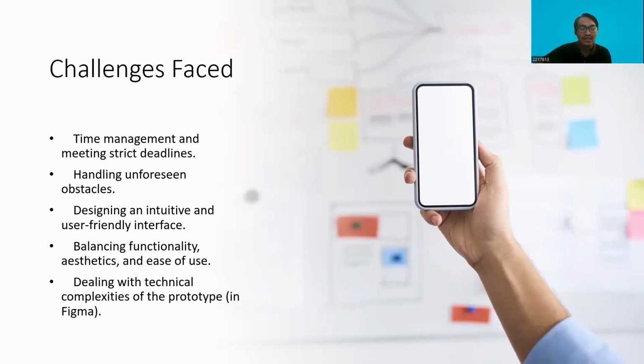And thirdly, designing an intuitive and user-friendly interface. So how can we design the application so it looks very nice? The challenge we faced is balancing functionality, aesthetics, and ease of use. Finally, dealing with technical complexities of the prototype in Figma. So basically, the challenge we faced is how to use Figma.